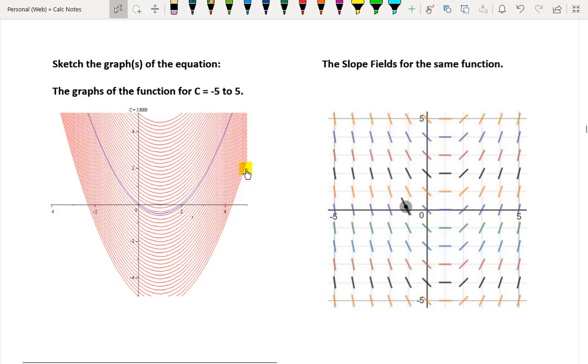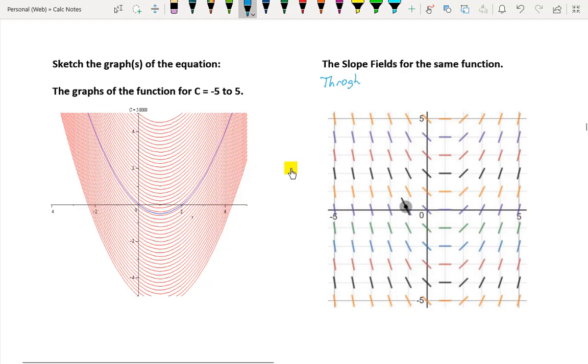But these parabolas are all defined by that family of functions depending on the value of c. Okay, and if you look at the right side, it depicts the slope field for the same function. So for instance, I don't have the point 3,7, but let's say I chose the point,